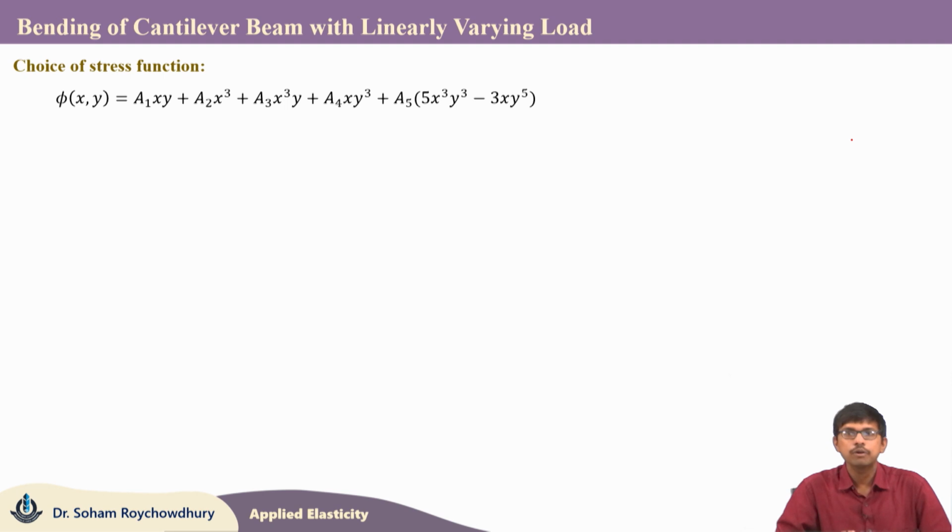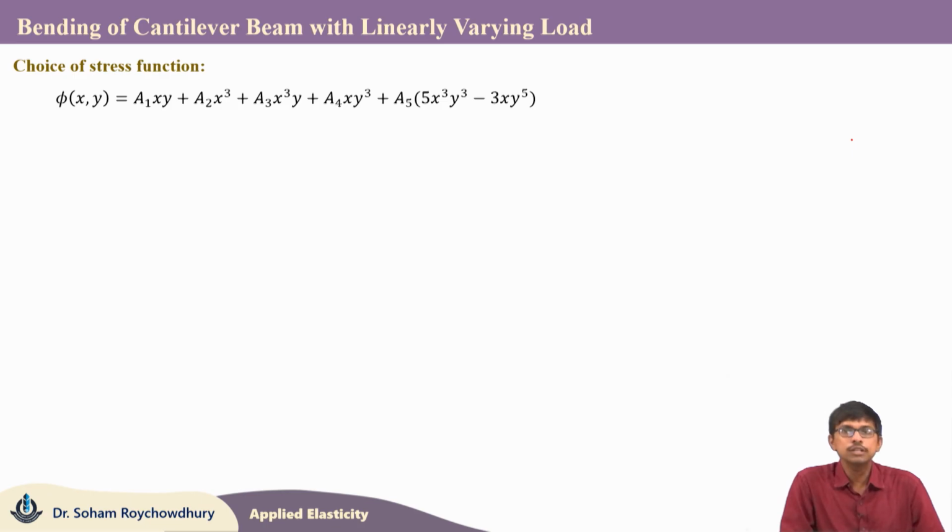Now, here I am only considering a solution with the terms which are going to result in non-zero constants. You can start with a general solution with, let us say, some 20 or 25 terms, and then after following a similar procedure as discussed in the 2 previous lectures, you will end up with many of the constants being 0 and only these non-zero constants will be left. So, I am directly starting with this solution for reducing the computational complexity.